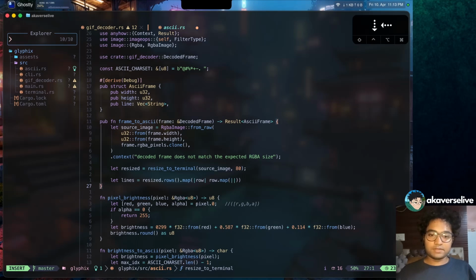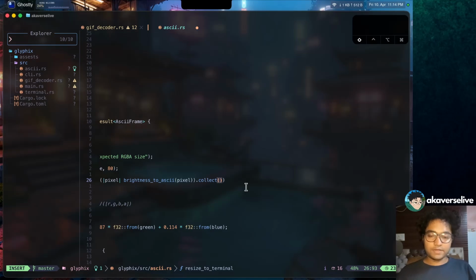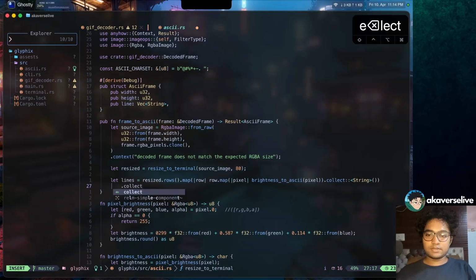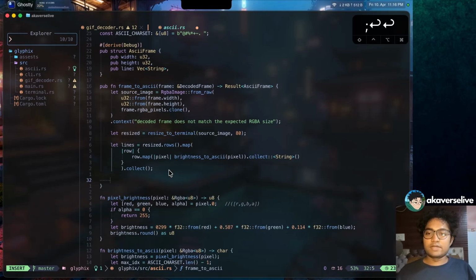Inside the row we map the pixel brightness to an ASCII pixel, and we collect it as a string. We are going through each row, converting each pixel into an ASCII character and collecting that as a string, and that string is collected into the vector called lines. And now we just have to return the result. It will be of type ASCII frame,